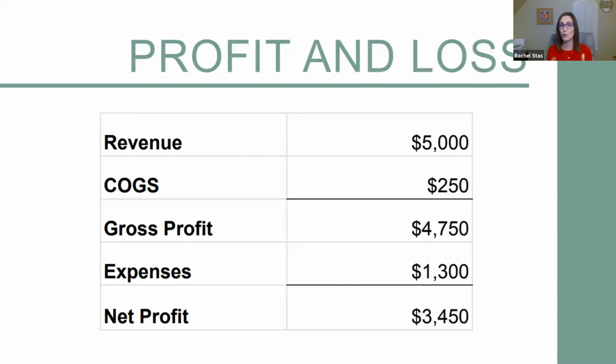Then after you get your gross profit, you add in all the other expenses that your business incurs but doesn't necessarily leave with the client. So if you have an office rental space, union dues, your accounting fees, advertising, that kind of thing, that's what's going to fall under your expenses.